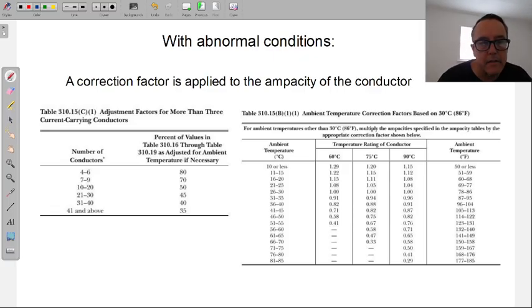More than 3 current carrying conductors in the conduit, generating heat, generating amperage, really generating the magnetic field that is around the conductor. When it has load current, it's going to have a good magnetic field around it. As I bunch that wire up with more and more wires, as I was saying last week with that scenario at that school, so many wires in a conduit, no way for the heat to go anywhere. You maxed out the amount of wires you can put in this conduit. They're all generating a ton of heat, but that heat can go nowhere.